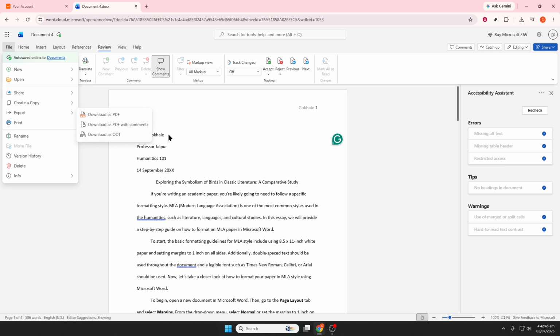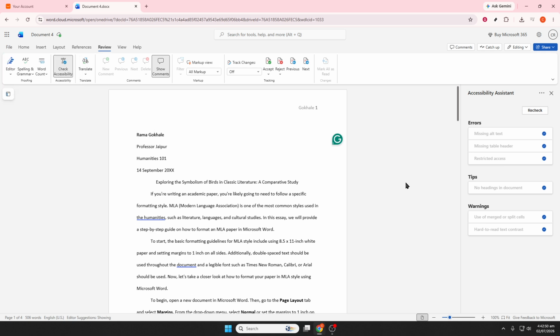Finally, save your work and restart your Windows 11 computer. After the restart, open the document again and check whether the images